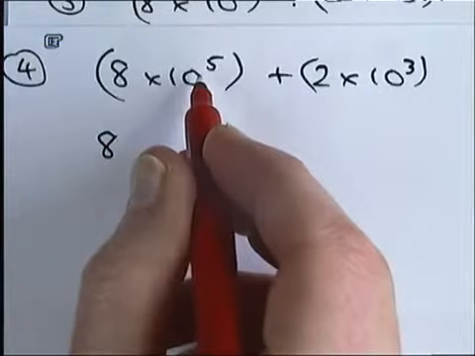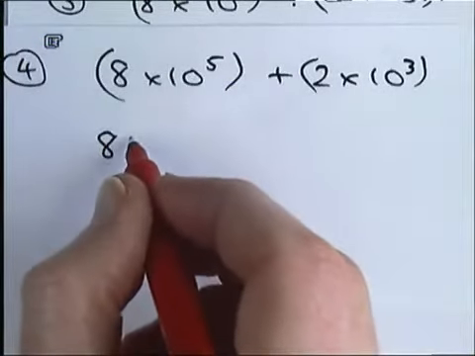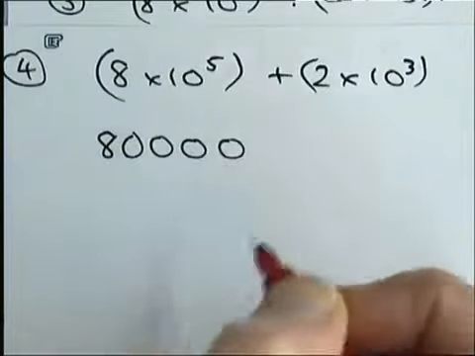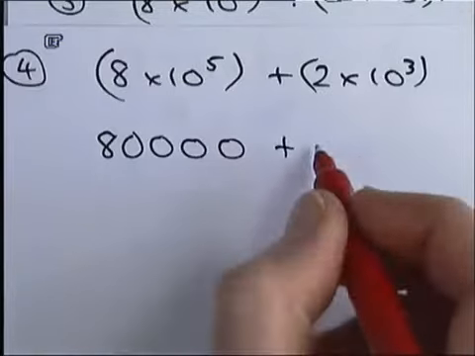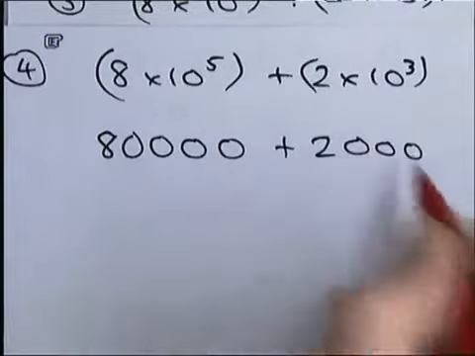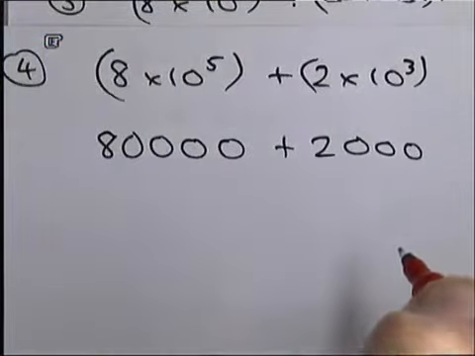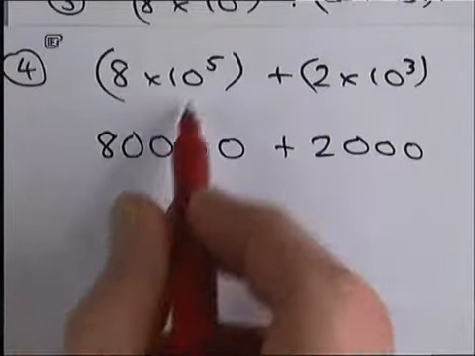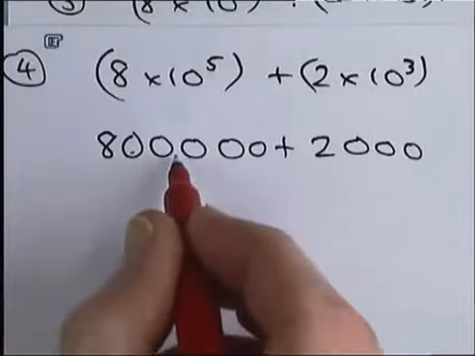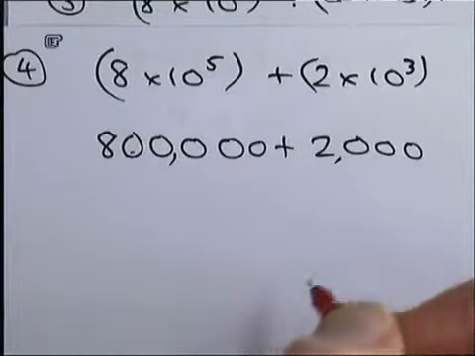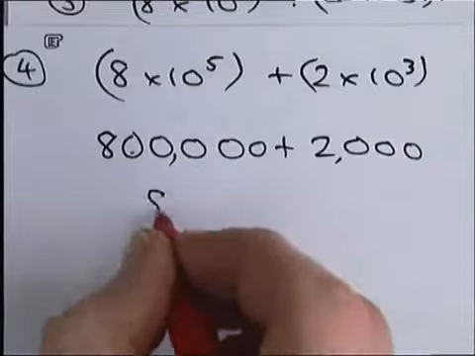That 8 times 10 to the power of 5 is 8 with 5 zeros after it. And the 2 times 10 to the power of 3 is 2 with 3 zeros after it. So I should have had 5 zeros there, I've only got 4, so I'll put another one in. So I've got 800,000 and 2,000, and if I add those together I get